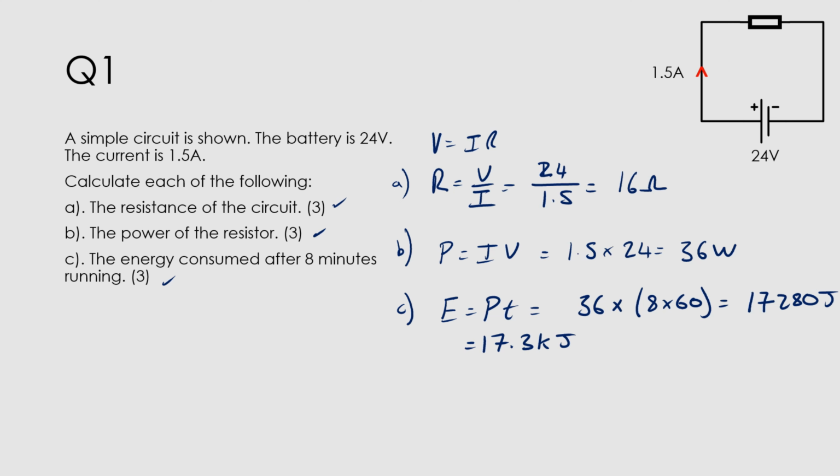So you would see in the case of part A here, there'd be a mark for the formula, and you would get a mark for either writing V equals IR or R is V upon I. You would get a mark for the correct substitution, so correctly substituting in 24 for the volts, 1.5 for the amps, that would give you another mark, and then finally a correct answer at the end with the correct units, so 16 ohms would give you the final third mark,